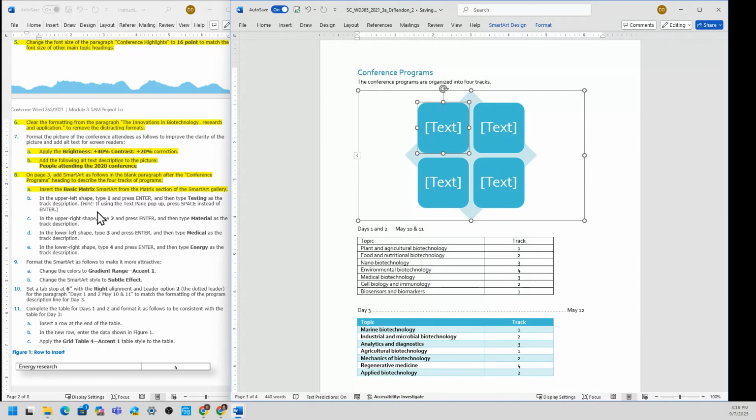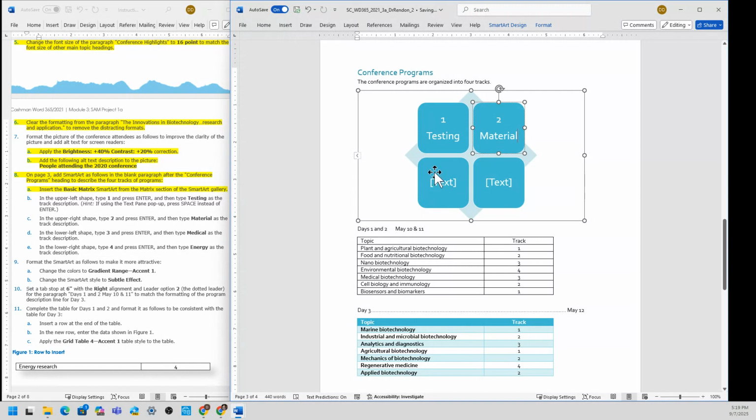So now, the upper left shape, I need to type 1. Just press 1 and enter, and then I'm going to type testing. Okay, and then on the upper right shape, I'm going to type 2, press enter, then I'm going to type material.